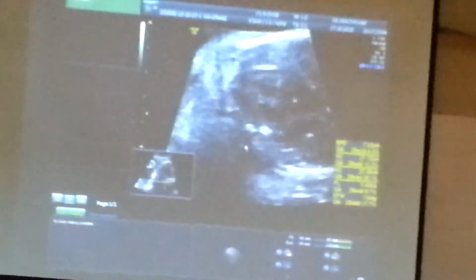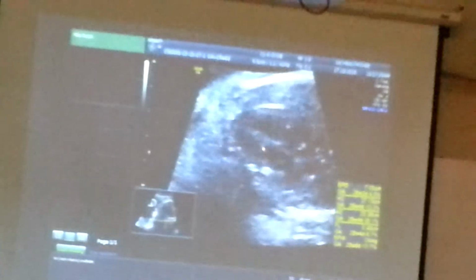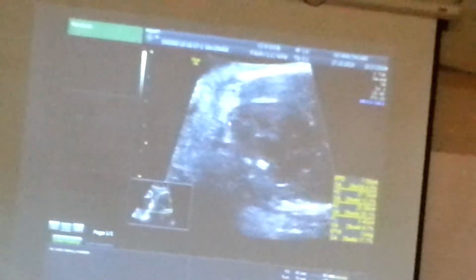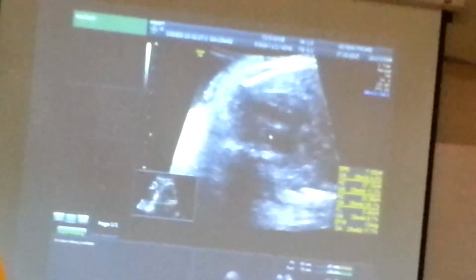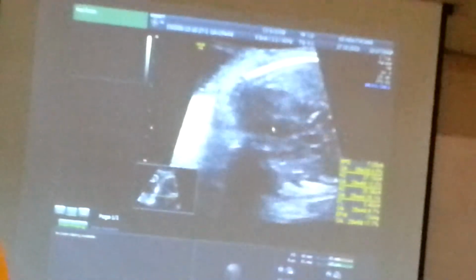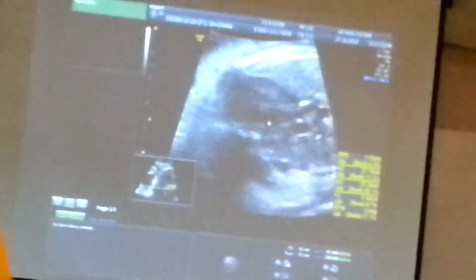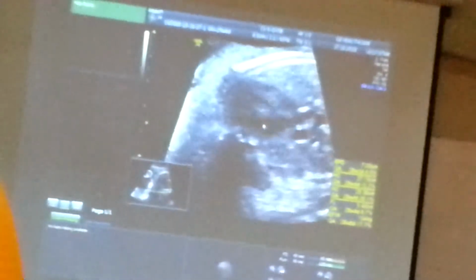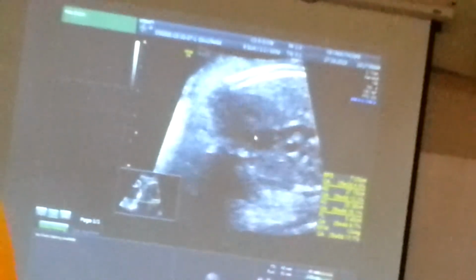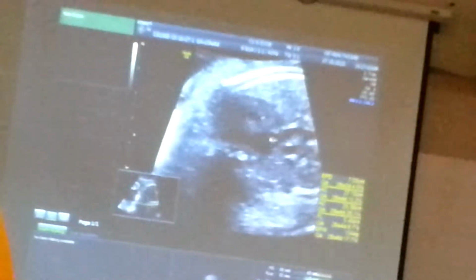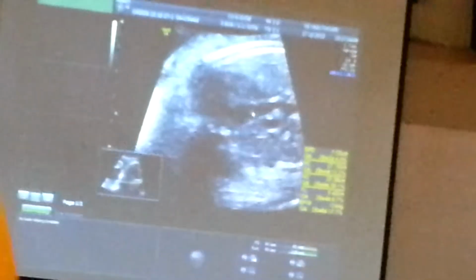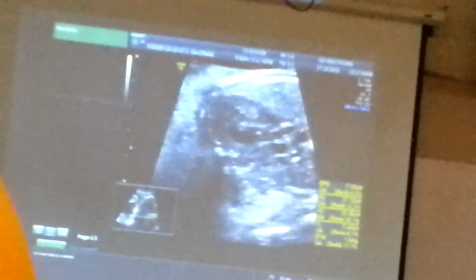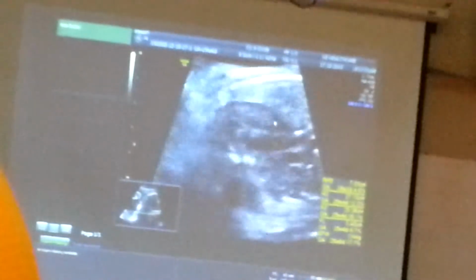This is the right side, so this is the left side. Anterior chest is here, apex is here. So this is at the level of what is supposed to be the four-chamber view, but tilted a little bit. So I use that advantage. This is the right ventricle. If you see a dot here, this is the pulmonary valve, and this is the main pulmonary artery, continuous with the ductus arteriosus going up here. Baby is turning itself.